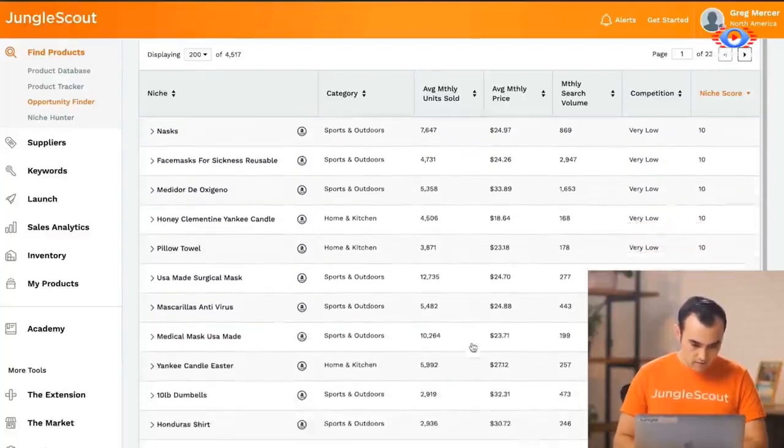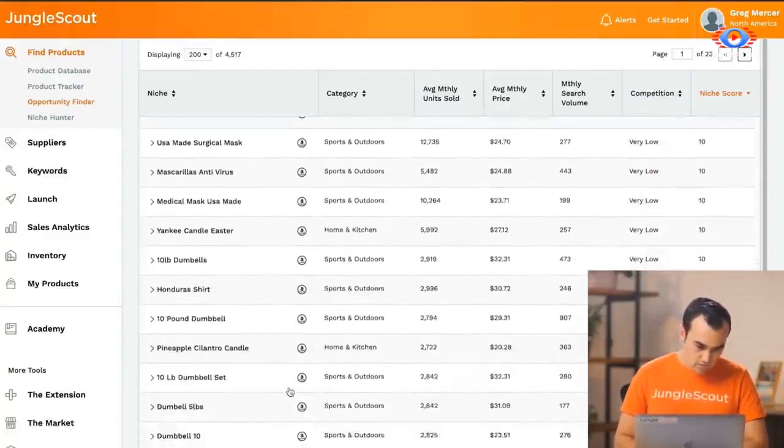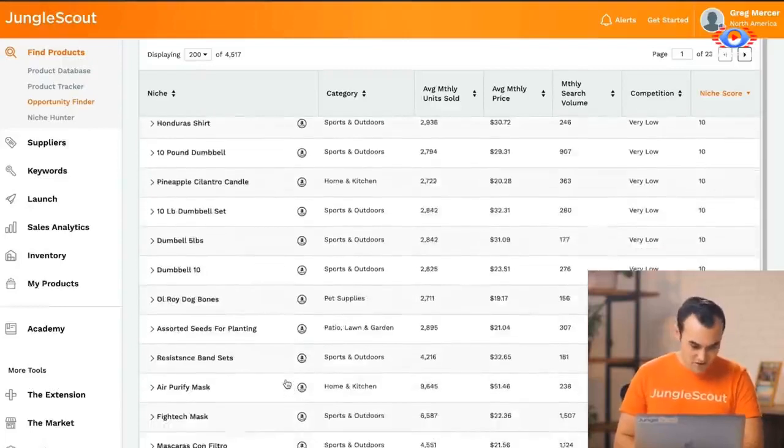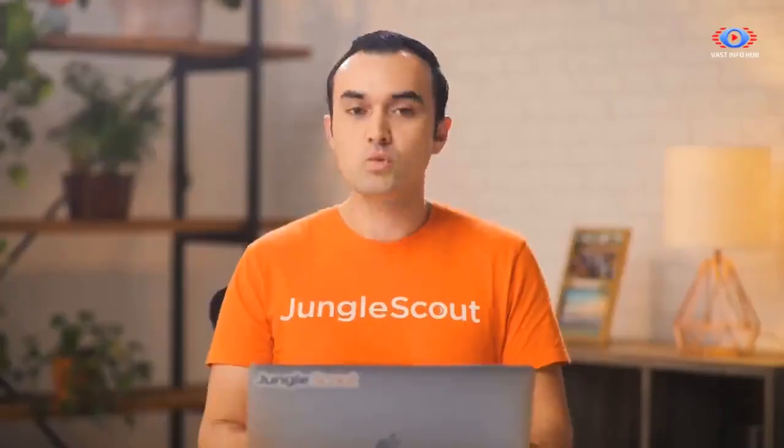So I can see things like dumbbells, resistance bands, fedoras for men. I guess people are wanting to exercise whilst they're at home. Cables for working out, so again, kind of similar. You're seeing a bit of a trend there. Workout mats. Let's just take that one for example. This isn't a real product that I'd be looking to sell, but for the sake of the example,